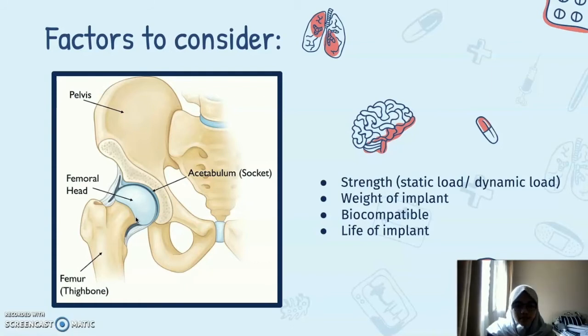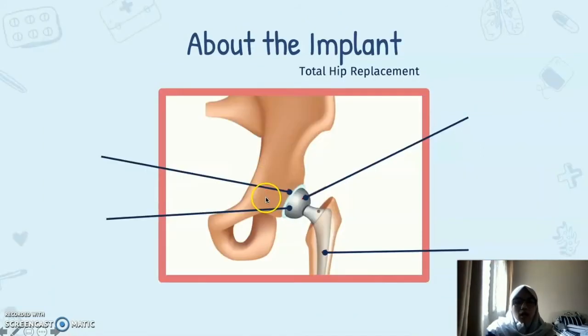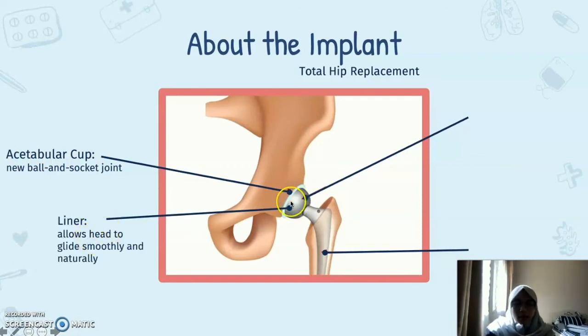But as Sarah said, we need to consider the strength, the weight of the implant, the biocompatibility, and how long the implant will last in the joint itself. Now, the design that we chose will have an acetabular cup. This will be the new ball and socket joint that goes inside the pelvic bone,